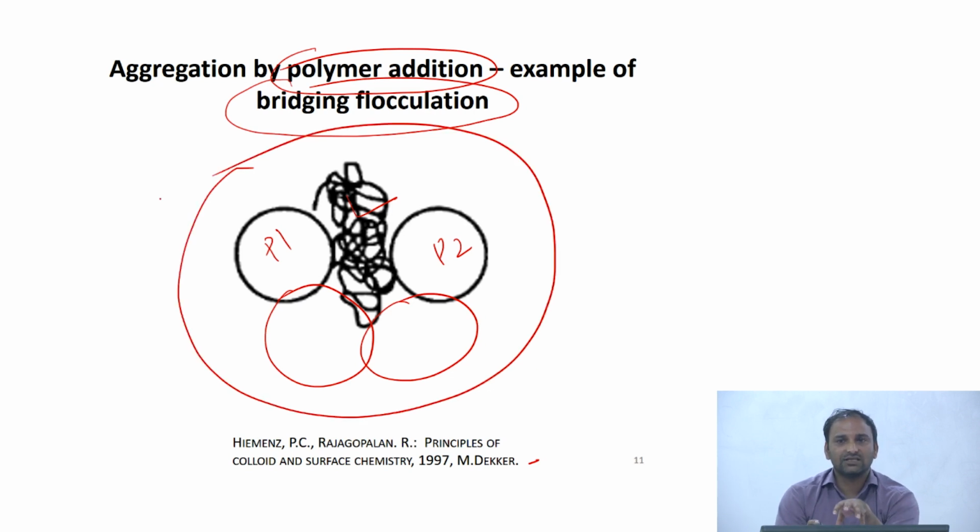In this case, the clustering of particles is done by adding a polymer that adsorbs onto the particle surface, and when many particles come together you get a multi-particle cluster, which is held together because of the additives that I've added. So these are a couple of different ways of doing it. Again, there are different mechanisms of how polymer addition helps in aggregation, which we'll not talk